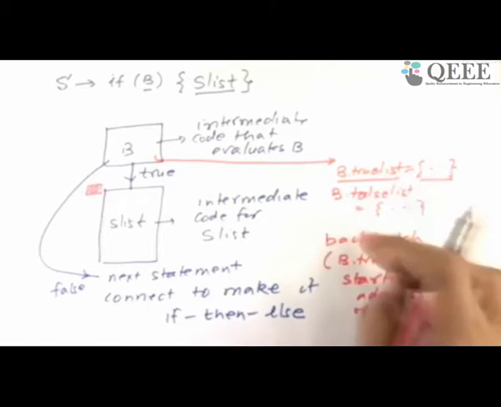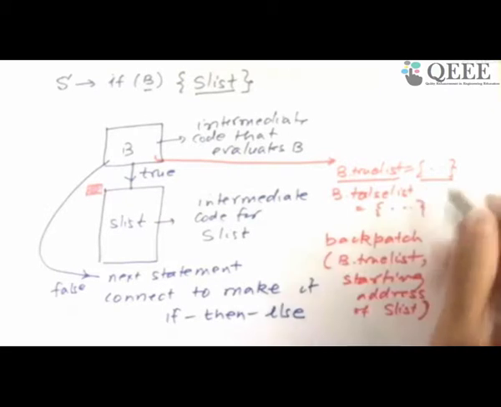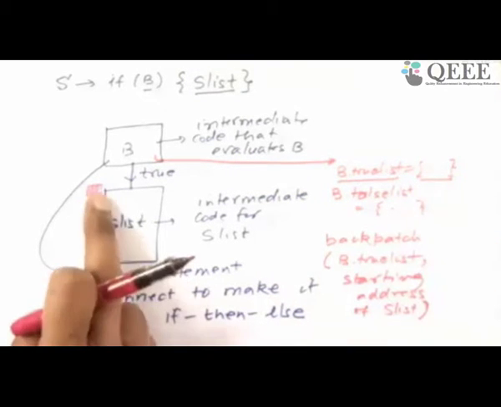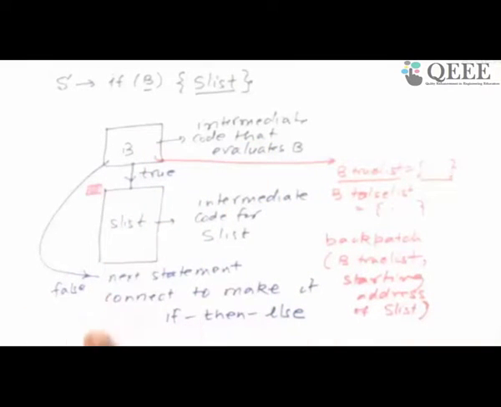This incomplete thing can be picked up when? After the whole thing is over. What happens to this whole statement? This false, what do I do with it? We will see now as I go out over there. So B dot true list is completed because I know where it should go. B dot false list, I still cannot say anything because that depends on what follows this statement. So now I'll go and actually look at the code that I'm going to explain. It may look cryptic, but if you're not following, feel free to ask questions. So let me go a little deep there, somewhere around, let's say, 125.